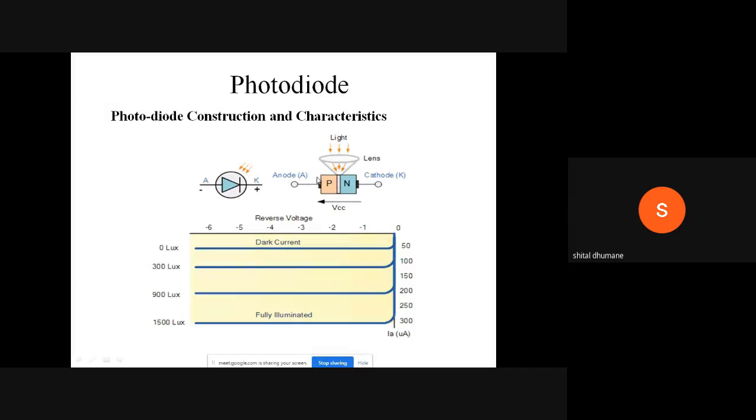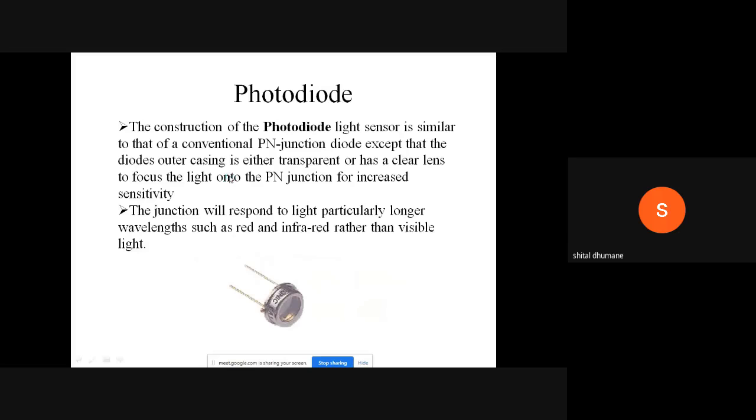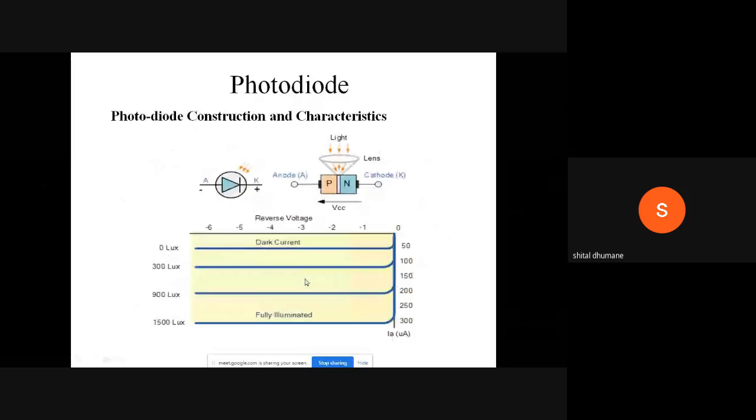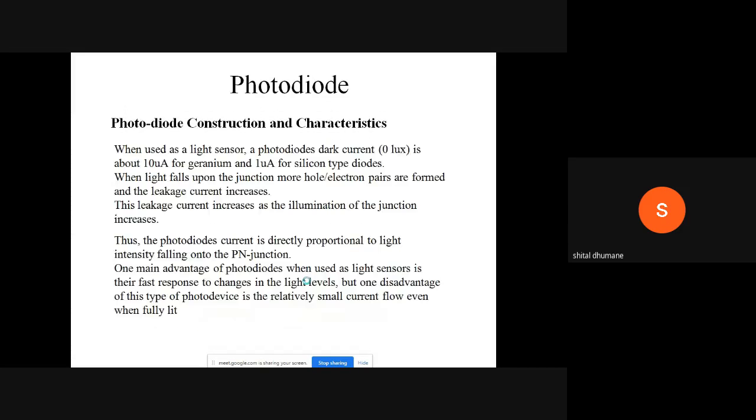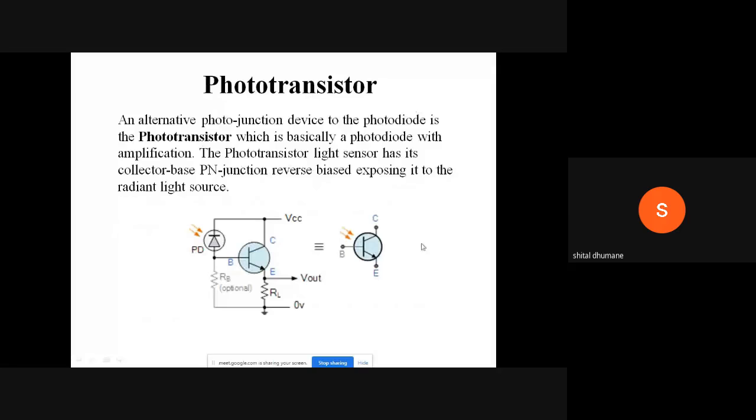It has a simple construction, like your PN junction with one lens on that particular PN junction. So you have to just go through this construction: what is a photodiode, and then the main IV characteristics of this photodiode. Okay. Next, we will see the phototransistor,